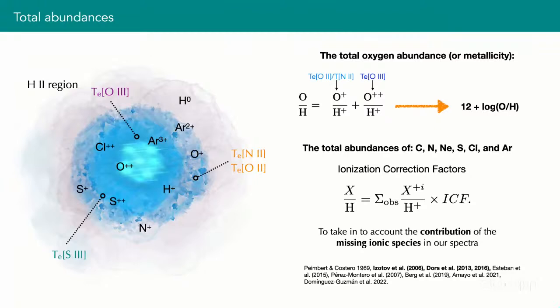So in gas abundances, we characterize the metallicity using oxygen because it's the most abundant, and also because most of the ions are observed in the optical. So we want to derive the ionic abundances. We have oxygen plus and oxygen plus plus in different ionization degrees, and we add these ions and we can have the total abundance of this element.